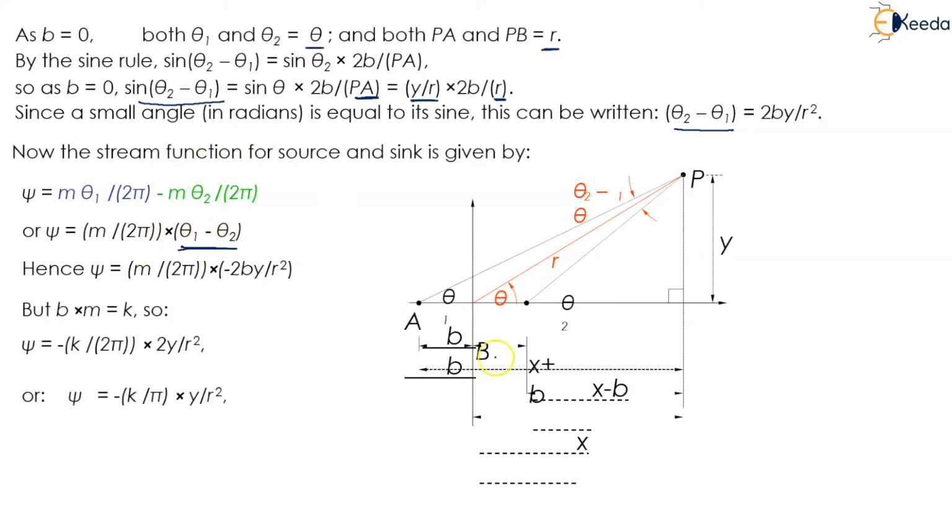But we also learned that K is equal to b into m, so psi is equal to minus K upon 2 pi multiplied by 2y upon r square, or I can say psi can be written as minus K upon pi into y upon r square,